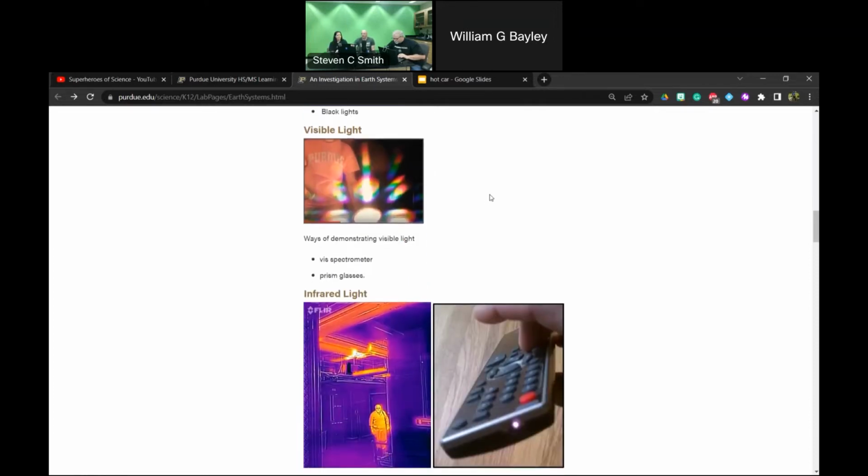The invisible lights, one of the things we included in that kit, and we have several videos on, is the, what's this called? Prism glasses. Yes, prism glasses. And these prism glasses are absolutely awesome. We get them on Amazon, and every year it seems like it's a different place. And we get like 100 for $20 or something like that.